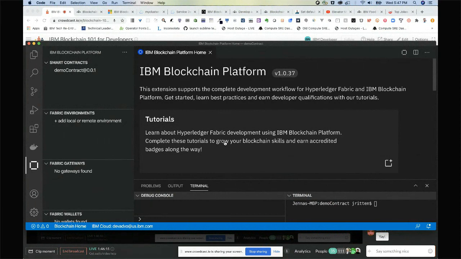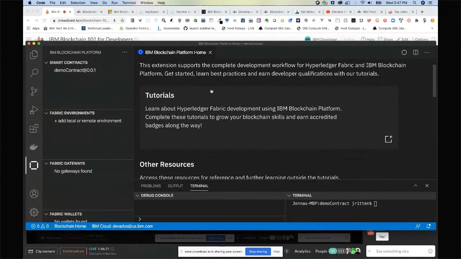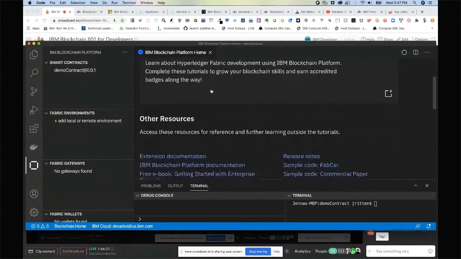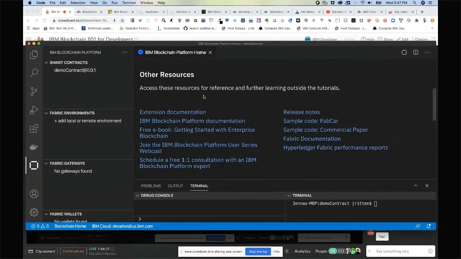So if we look here, we have this really great space in our IBM Blockchain Platform. We have tutorials here. We have other resources. So we have the extension documentation, IBM Blockchain Platform documentation. We have a free ebook, Getting Started with Enterprise Blockchain.